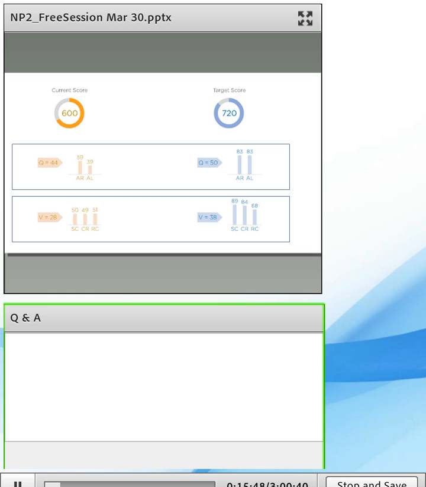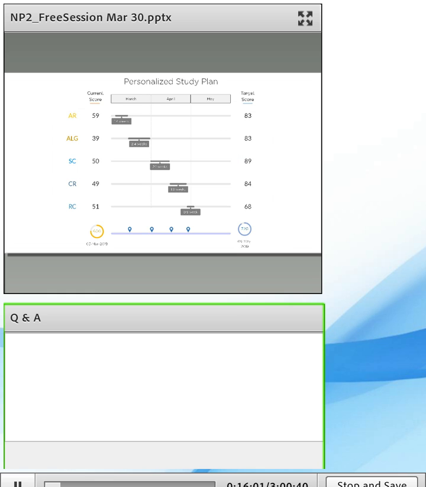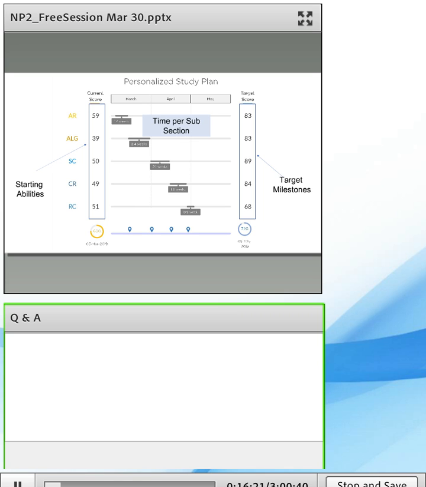The next thing that you need to decide is, okay, what sequence am I going to study this? How much time should I spend on each subsection? And based on the amount of effort that you're willing to put in on a day-to-day basis, weekdays or weekends, it calculates that. And this particular student in this case, which is kind of a baseline case, wants to put in about 20 hours per week, including weekends. And essentially, you can really see for him, he needs to spend about 1.4 weeks in arithmetic, about 2.5 weeks in algebra, and so on and so forth.